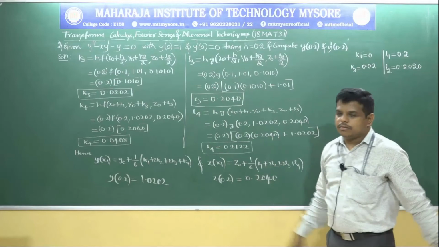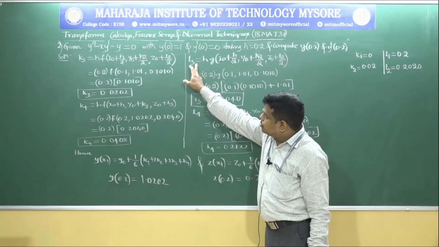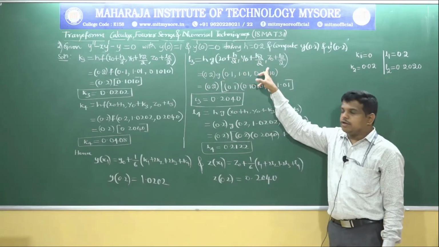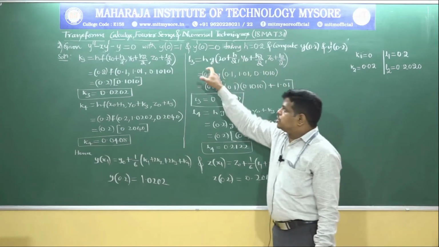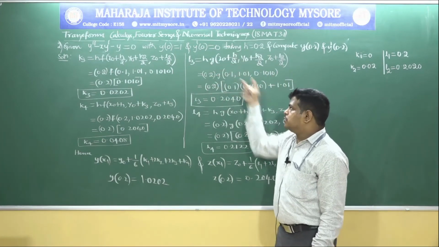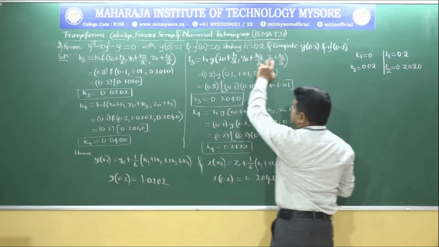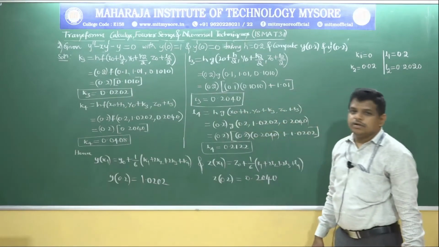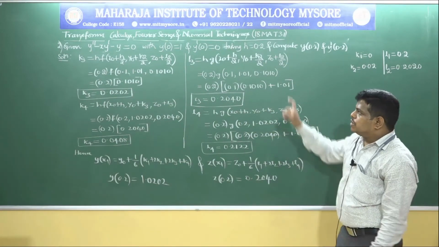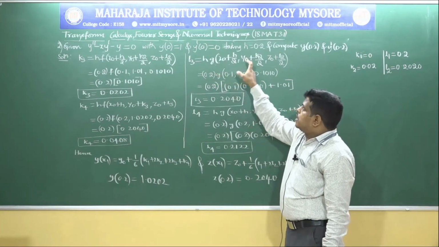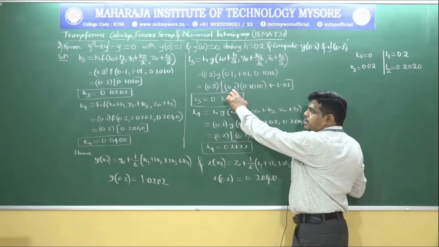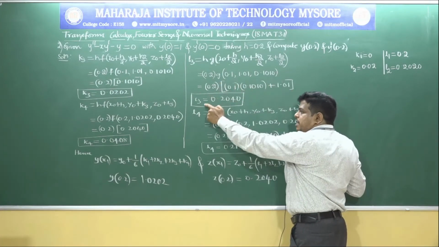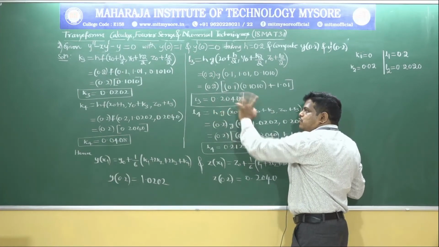Next, after finding K3, now we pass on to find L3. L3 equals h into g of x naught plus h by 2, y naught plus k2 by 2, z naught plus L2 by 2. Next, h is 0.2. Next, g of x naught plus h by 2, y naught plus k2 by 2 and z naught plus L2 by 2 can be replaced by these values. We have already found those values, that is 0.1, 1.01, next 0.1010. Next, g of x comma y comma z is xz plus y. I am replacing the values of xz plus y. On simplifying this, we end up with L3 as 0.2040.